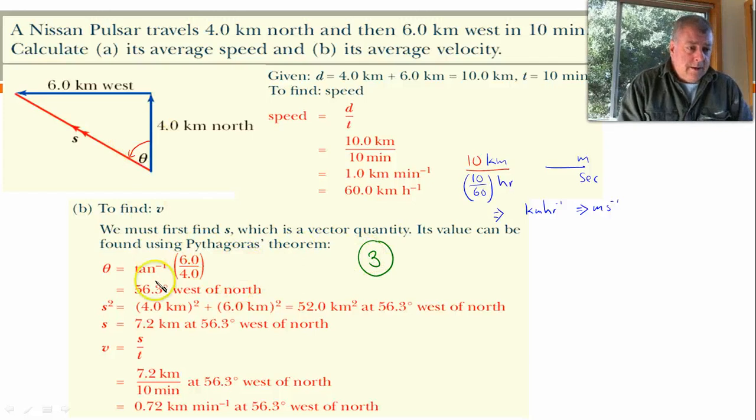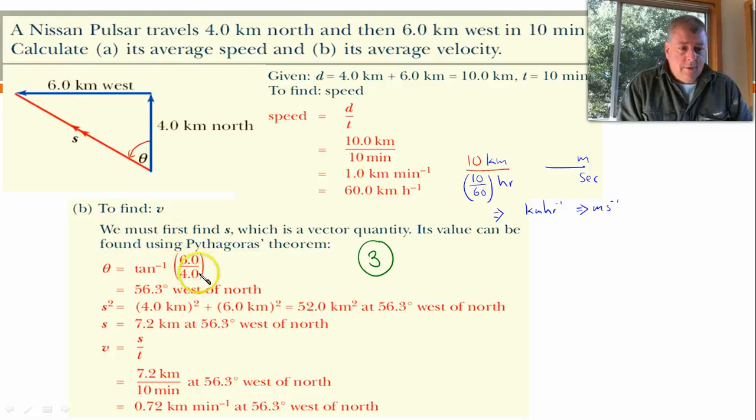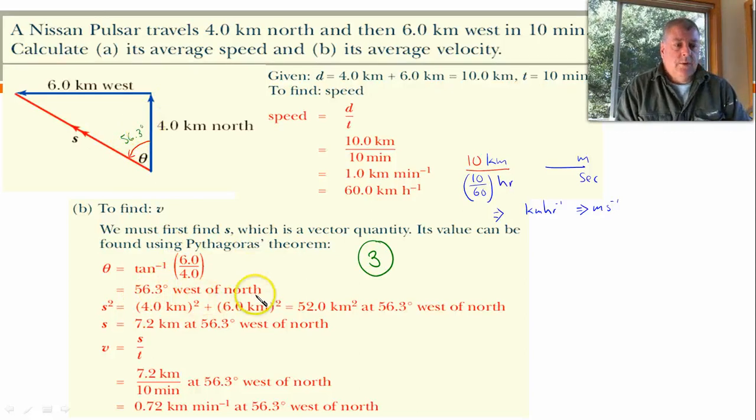The first thing that they've worked out is this angle, and they've worked it out using tan, opposite over adjacent, which gives you that ratio, or that number. Because we want to convert a number to degrees, we use the tan inverse of it, and we get 56.3 degrees, and that's west of north. So north going west. Now another way of stating that bearing is